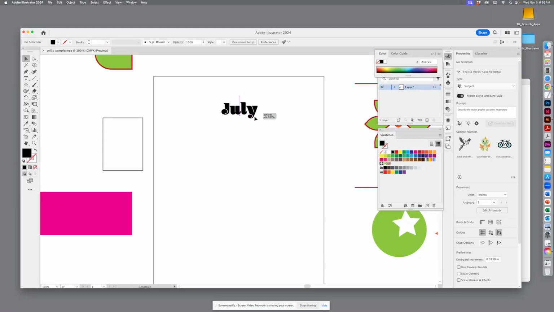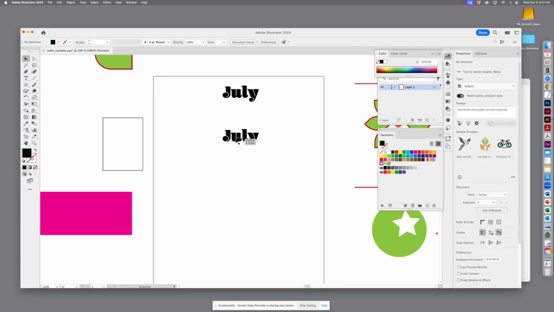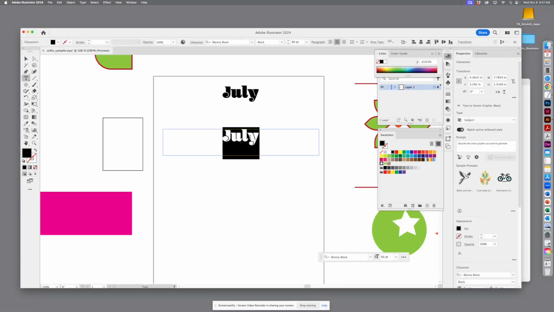And so here I've got the word July. I'm going to make a copy of it, just so I don't have to retype it. And here you can see that it's an editable piece of type, right? When you do this outlining, it basically